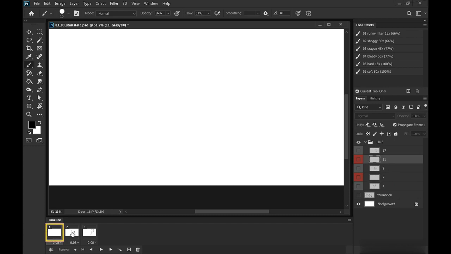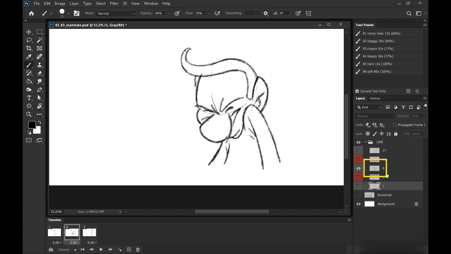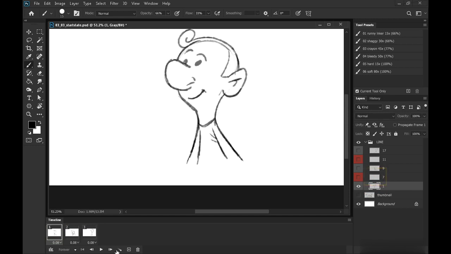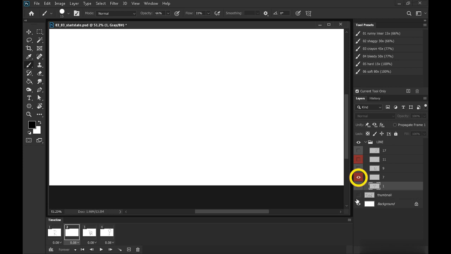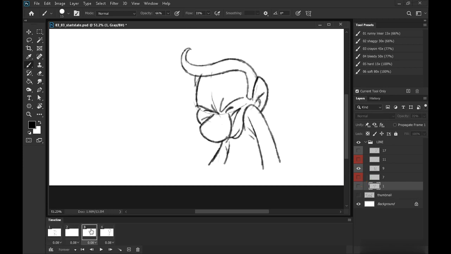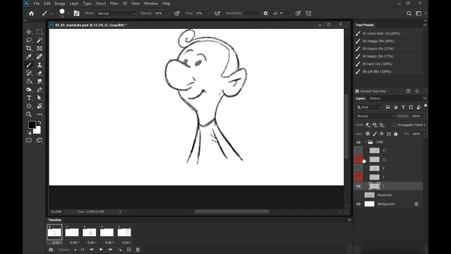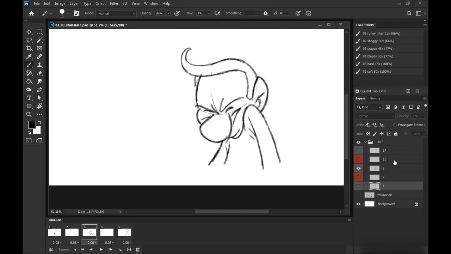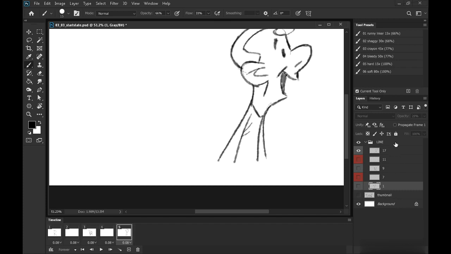So between 1, this is the keyframe number 1 here, and the next one, number 9, we're going to add an exposure for 7. That's this little button here. And let's put 7 there. So now if I toggle 1, 7, 9, I need to add one more exposure here, and I'll make that 11. So now if I toggle through 1, 7, 9, 11, 17,